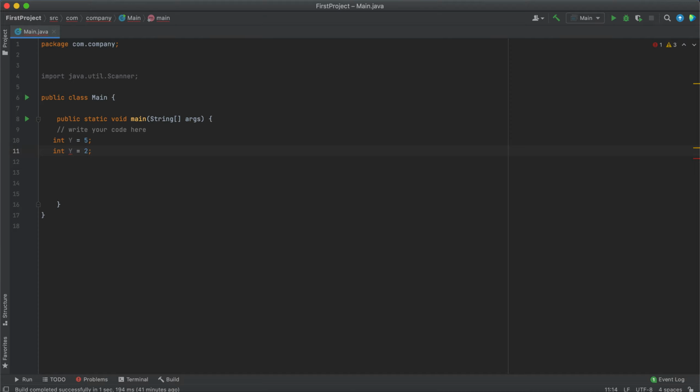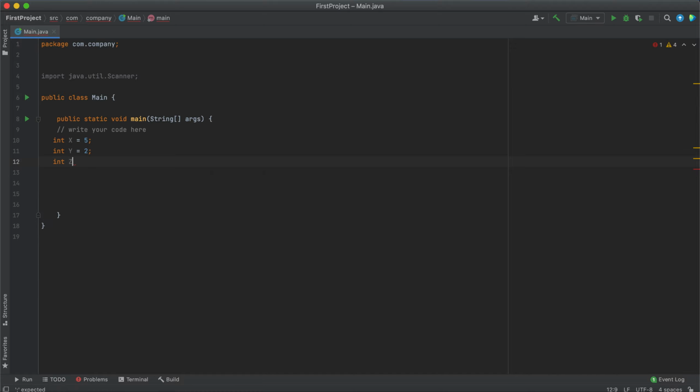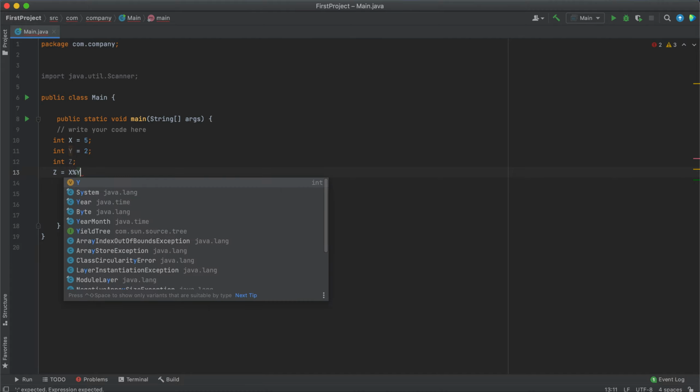Let's assign 2 to the variable. And then let's say z. So we're going to assign x and y to z. So we can say z is equal to x modulo y,